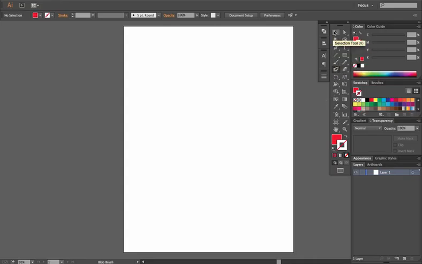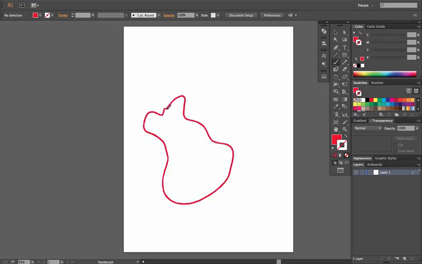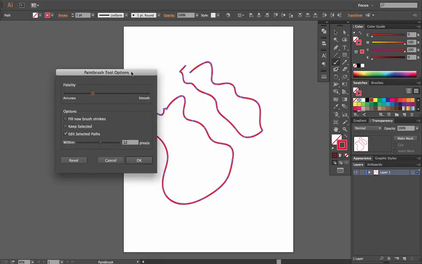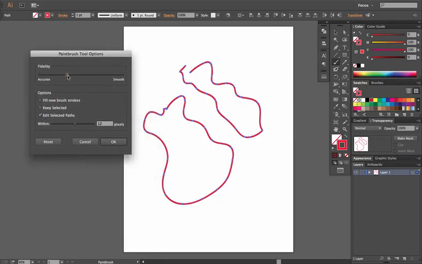In your first column, if you were to go down to the fifth icon or the letter B on your keyboard, is the regular brush tool. And you'll notice right now I have a fill on this brush tool, but it switches to a stroke. And the reason why is because the brush tool works off of strokes. And if you highlight it, you can see that it has anchor points. It's a stroke. So if you were to double click your brush tool, you bring up your paintbrush tool options,